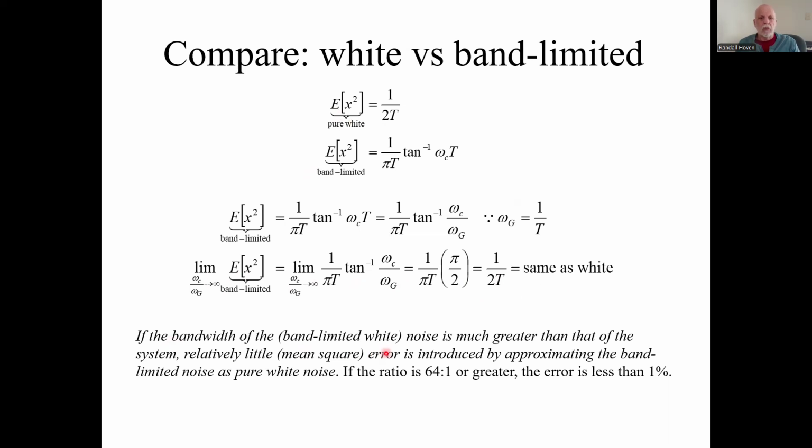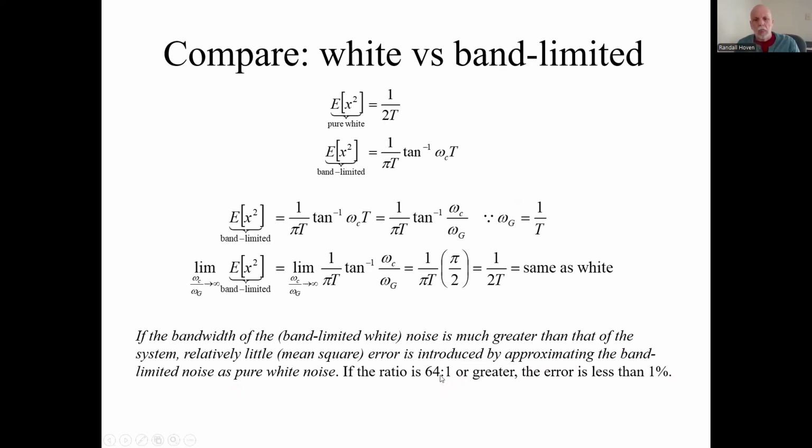If the bandwidth of the band limited white noise is much greater than that of the system itself, then you get relatively little error in the mean square value by just approximating the band limited noise as pure white noise. If that ratio is 64 to 1 or greater, the error in the mean square value is less than